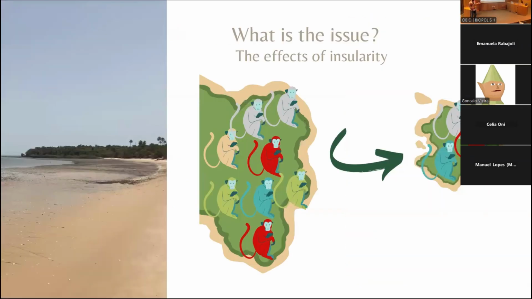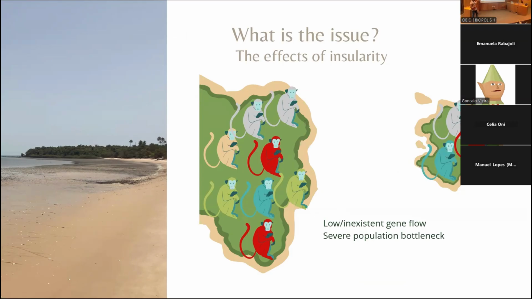So are there any other issues that we can think about that could affect these populations? Yes, we can think about insularity. Insularity, just by itself, can bring some changes. We know it brings some changes to the genetic background of populations. After the islands are colonized, the gene flow with the mainland usually disappears or is very, very low. Because these colonizations tend to be done by just a handful of individuals, they usually have severe population bottleneck signals, so a severe decrease in their genetic diversity.